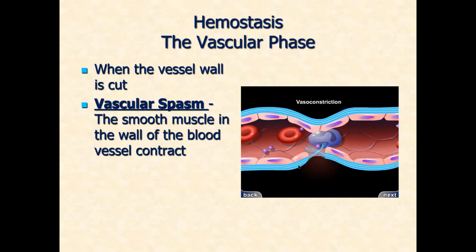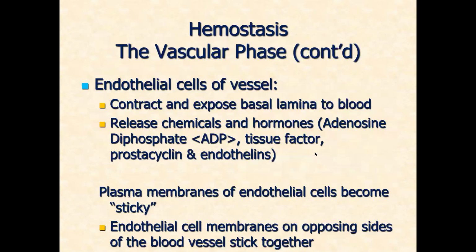At the same time, the endothelial cells here, which are lining the wall of the vessel, they constrict, they pull away from the damaged area, leaving the collagen fibers, right? Collagen fibers, of course, help to give strength to your blood vessel. But remember now, as the platelets are moving to the area where the damage is, they come into contact with the collagen fibers and they stick to the collagen fibers. Because for them, collagen fibers are very sticky,